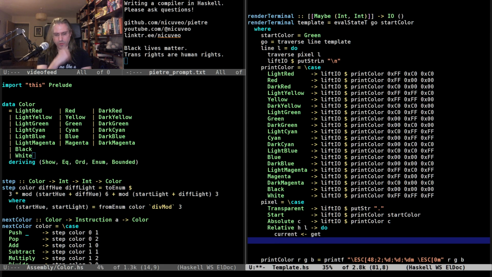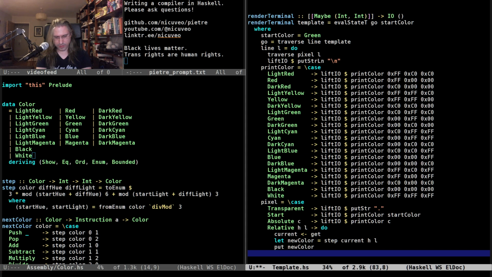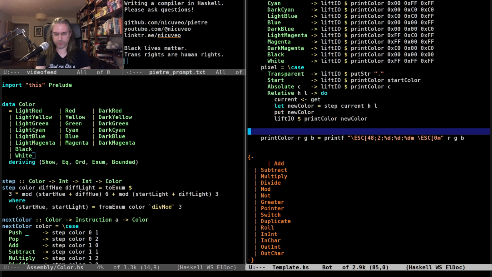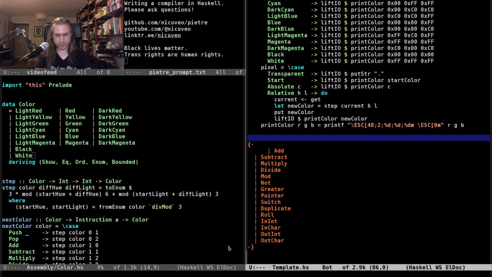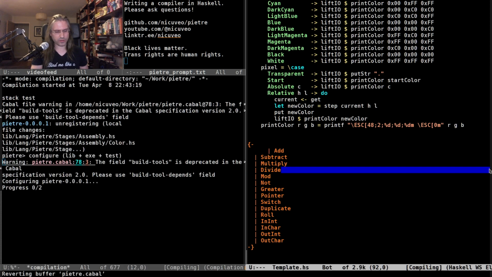And I will obtain the new color by doing a step of that current with H and L. I'll put the new color back in the state, and I will lift IO, print color, new color. Okay. And this needs to be there as well, yes. This should be enough for us to try parsing a template and printing it as a debug.